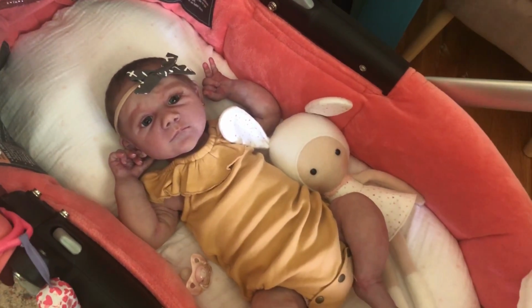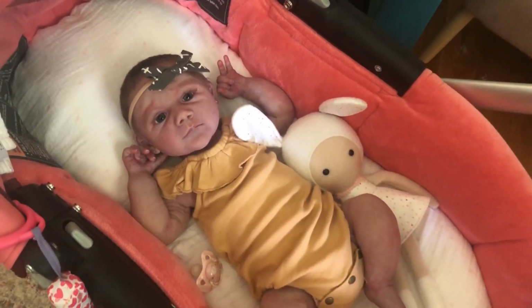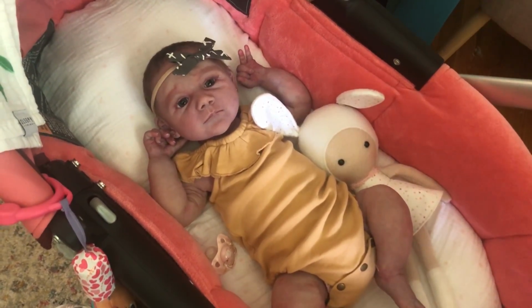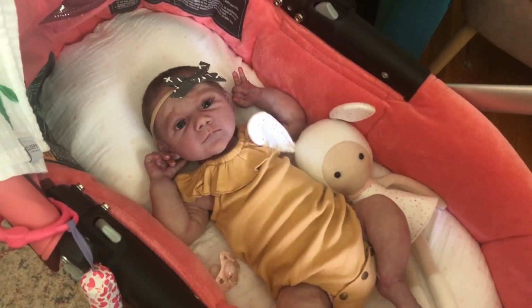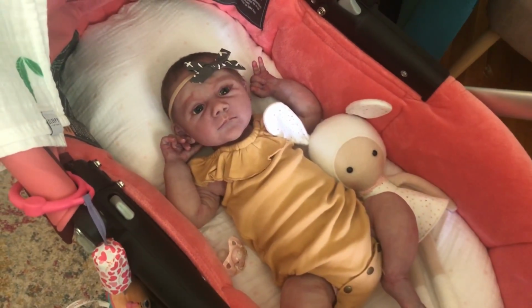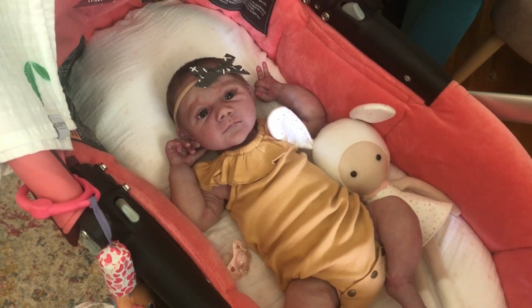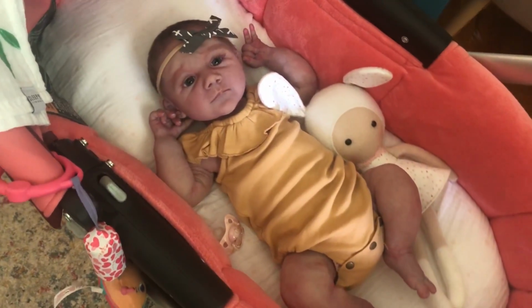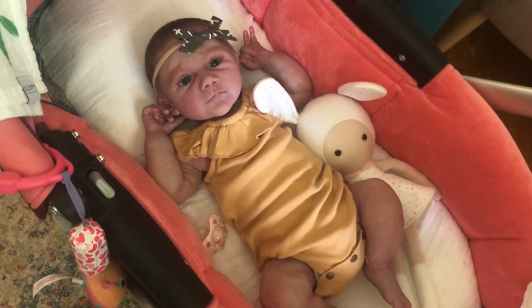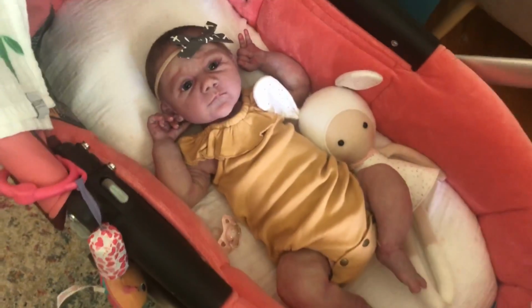So you guys have heard me talk about the mirror test. People have asked, when I've chatted about that in previous videos, what am I talking about? What is the mirror test? So I'm going to talk about that real quick, along with other ways I check the realism in a new baby. Whenever I get a new doll, and this is something I do periodically, even with one I've had for a long time, aka Monroe,